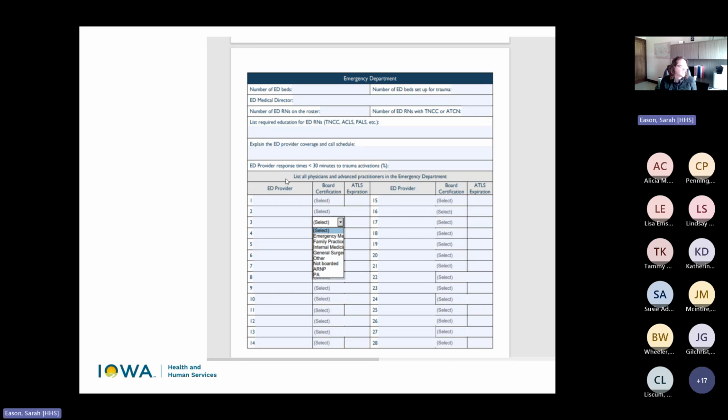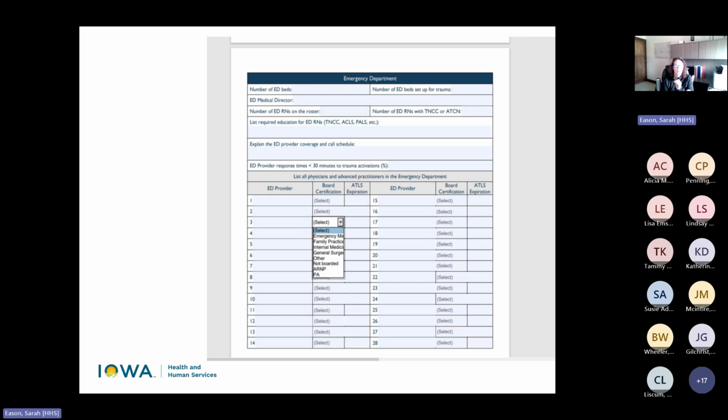And then this section here for the drop downs, under board certification, we get lots of questions about this all the time. Do I have to have current ATLS for the providers? Let me first say that as part of your supporting documents, you have to submit 3 months of ED schedules. The reason you're doing that is to show that you have had coverage into your emergency department 24/7, whether that's out of house, in-house, APPs, whatever.